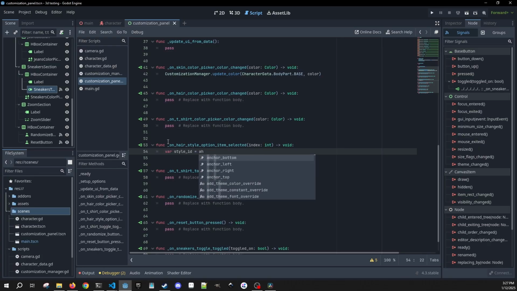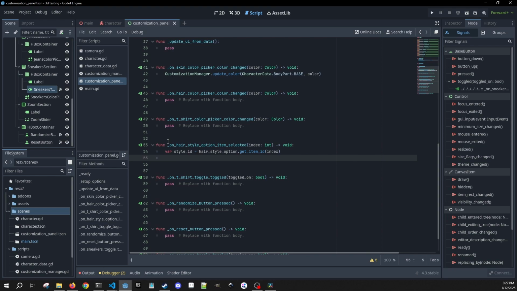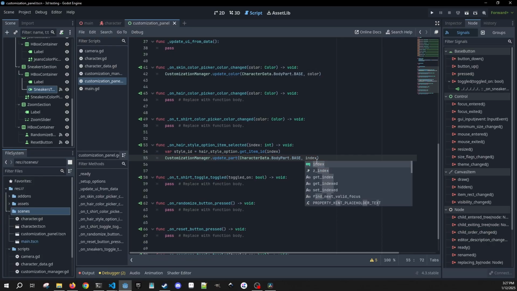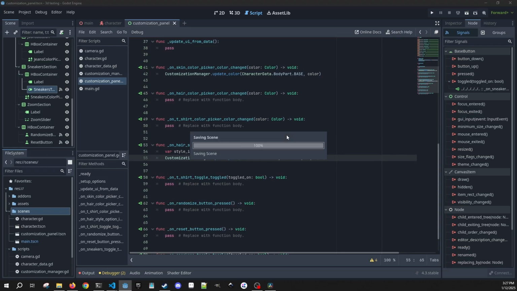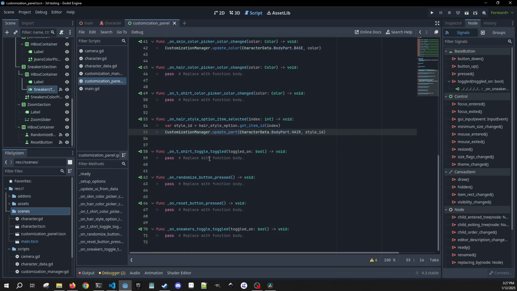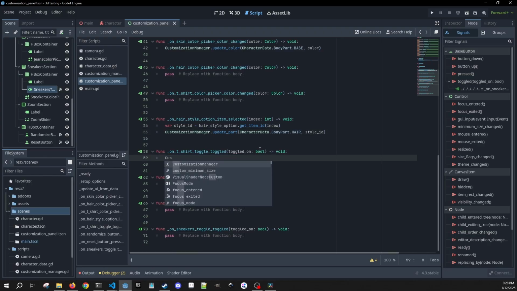Just going to be equal to a hairstyle option dot get item ID at the index, and then instead of update color, we're going to update part, and we're going to get the style ID here, and the body part instead of base will be hair. On t-shirt toggled, we're going to go into our customization manager, .character data, .t-shirt visible equal